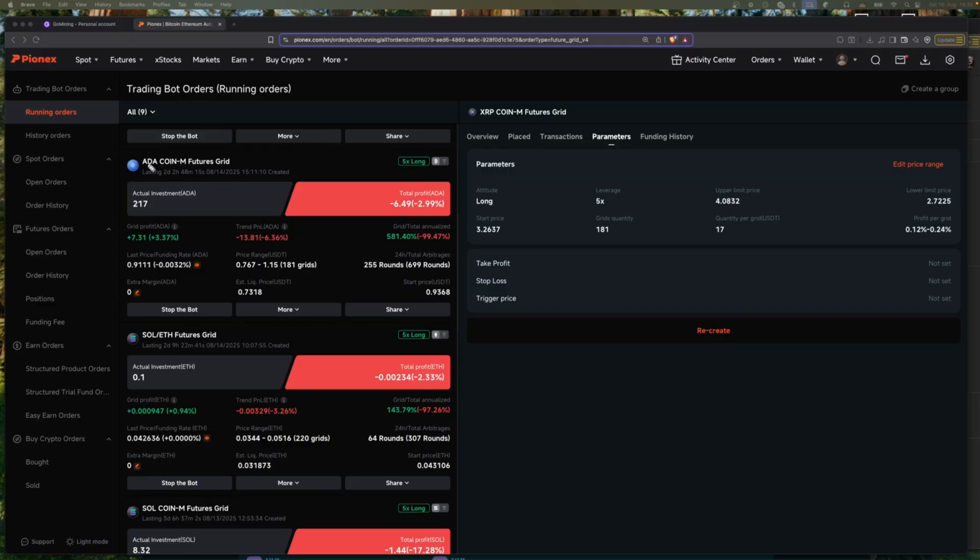So you can see here, it's an ADA coin, so Cardano, coin and futures grid. I started this a bit over 2 days ago. It made around 700 arbitrage trades, which alone from these arbitrage trades made me 3.37% of the total position, so of the 217. Yes, the position is down currently, but if we say the volatility keeps the same,